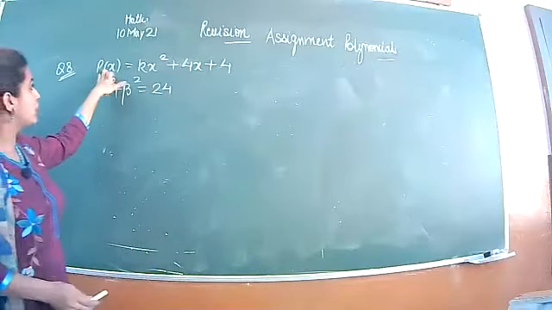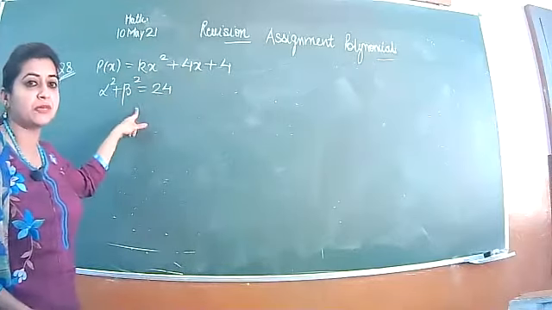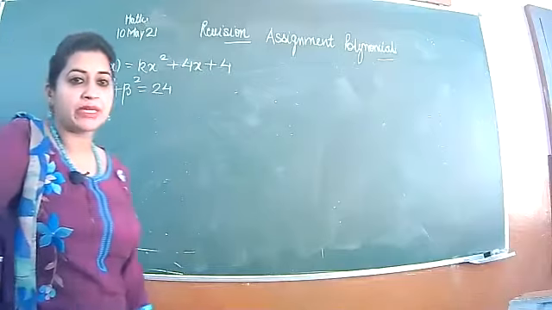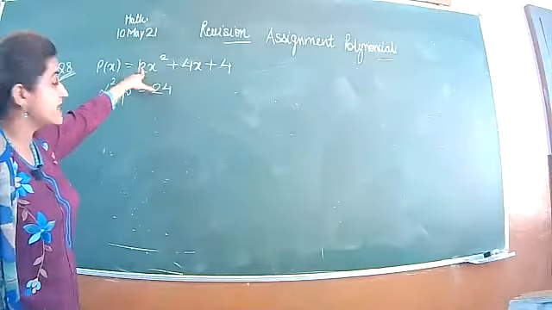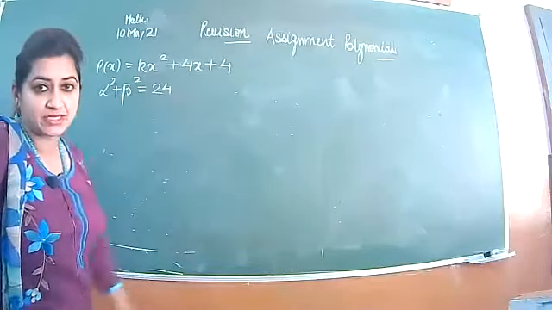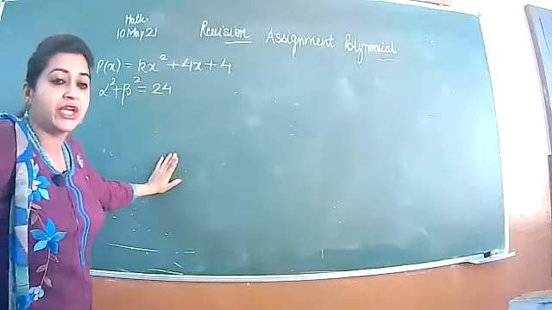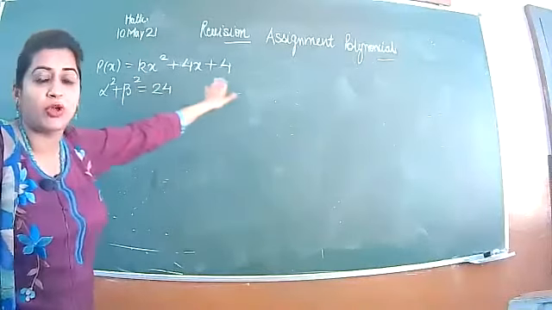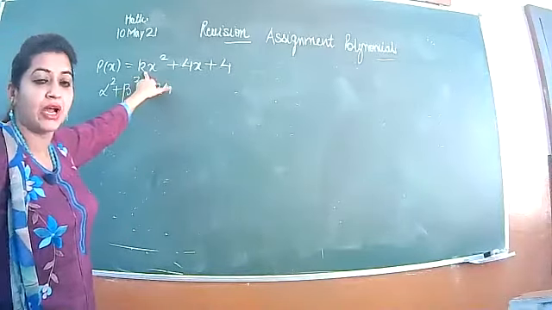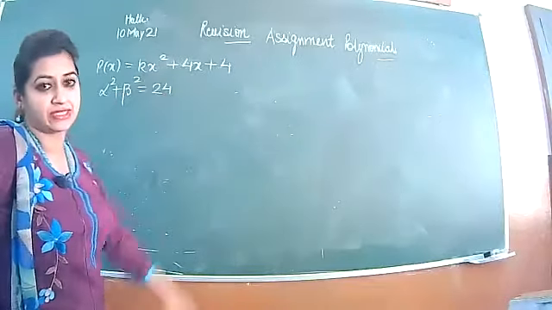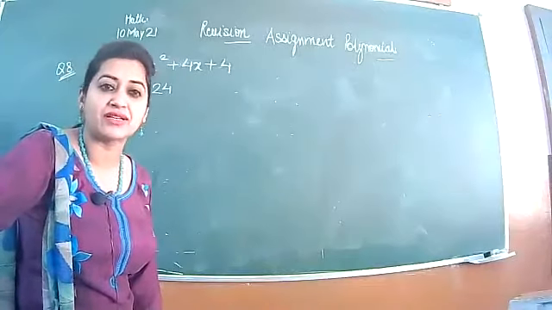Question number 8: the polynomial is in x, that is kx square plus 4x plus 4, and this relation: alpha square plus beta square is 24. What is alpha beta here? They are the zeros of the polynomial. And you know that the polynomial is in k, so you can't factorize it. Will you be able to factorize it when k is given? You can factorize the terms only if the polynomial is given in the standard form with real numbers. But here k is an unknown variable, so you can't factorize it. So you have only one way to proceed, with the sum and the product, because factors are not possible.